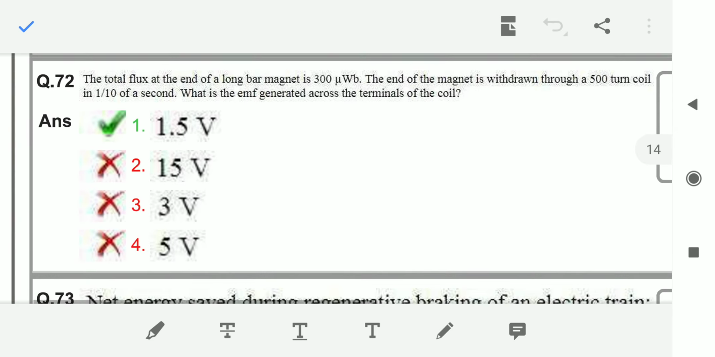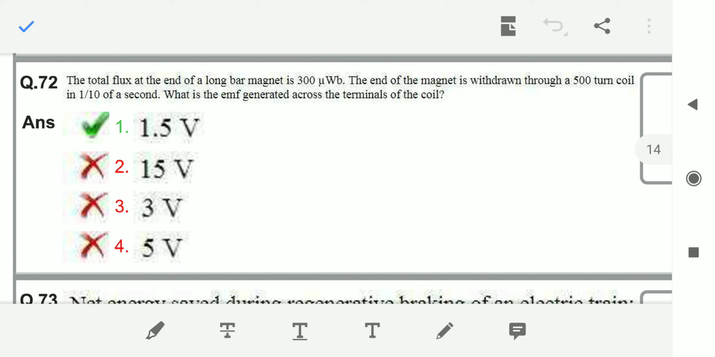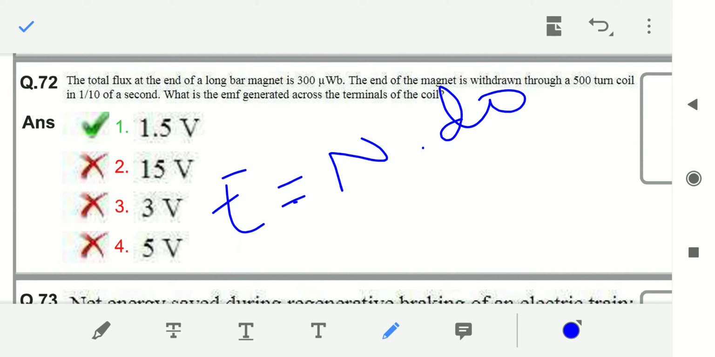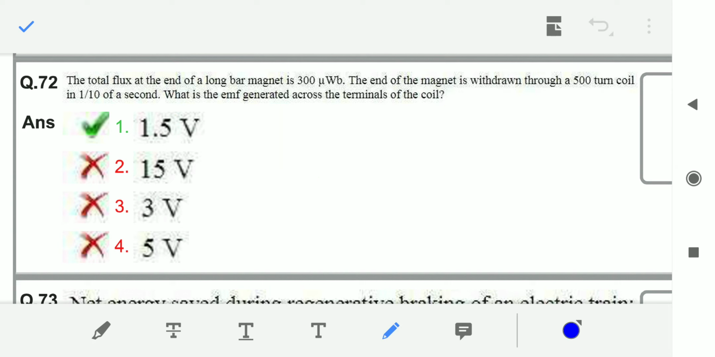So next, the total flux at the end of the long bar magnet is 300 microwebers, and the end of the magnet is withdrawn through the 500 turn coil in 1 by 10 of a second. What is the EMF generated across the terminals of the coil? So EMF E is equal to N into d phi by dt, right? Now N is nothing but the number of turns, 500, into d phi which is 300 microwebers,